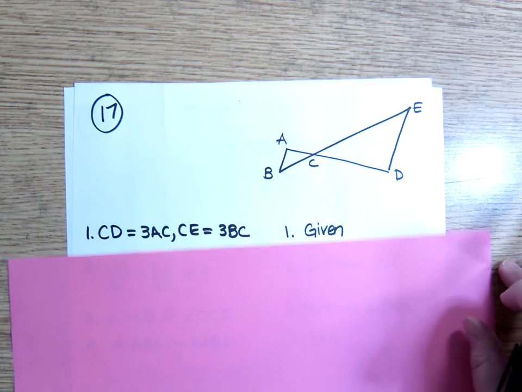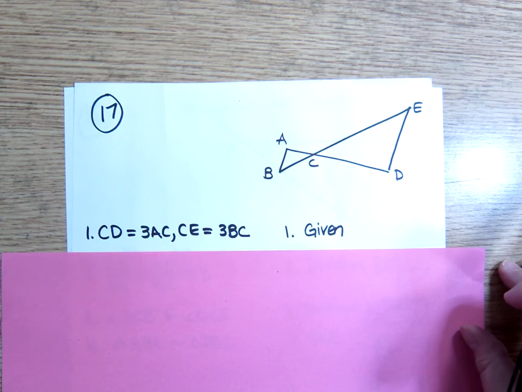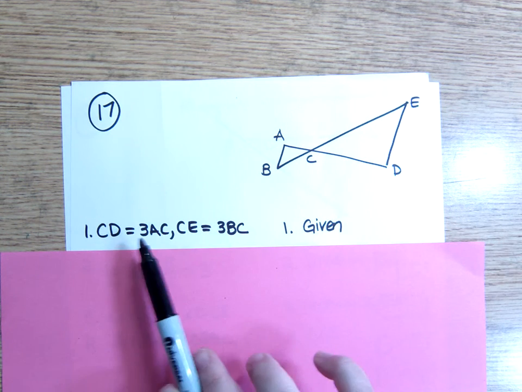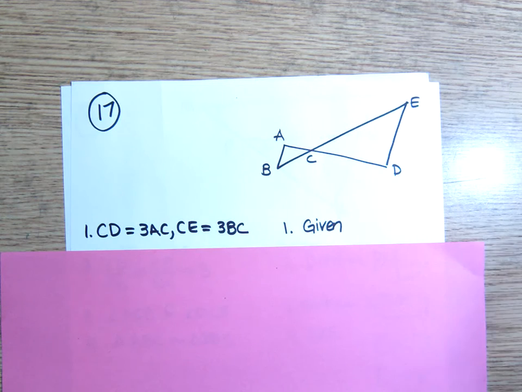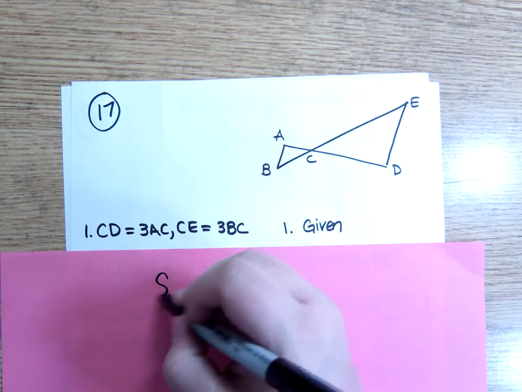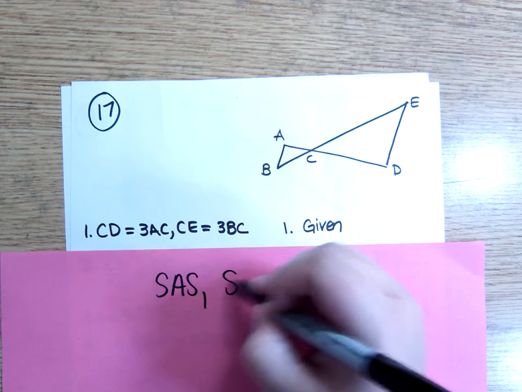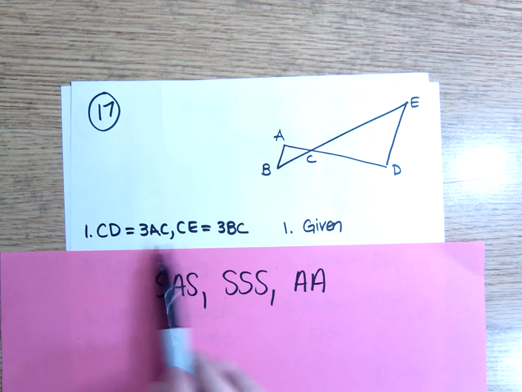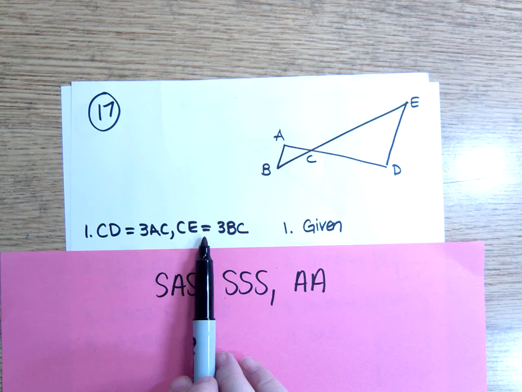So my first step, I just went ahead and gave the given. It's the first thing to say. Okay, so that tells me basically SS. Remember that there are only 3 possible triangle similarity postulates or theorems I can use. I can use SAS, SSS, or AA. So right here, basically I have 2 S's, and the reason I have 2 S's is because